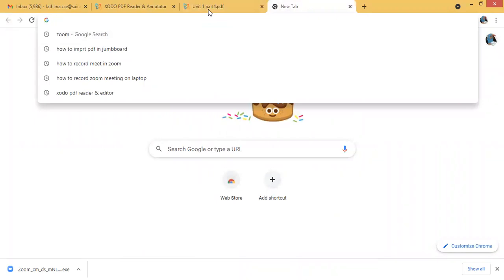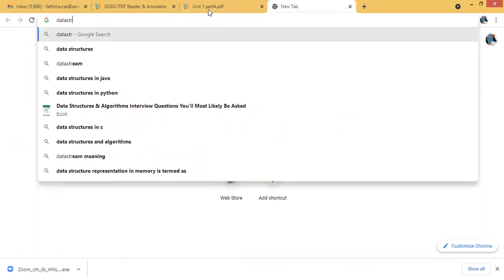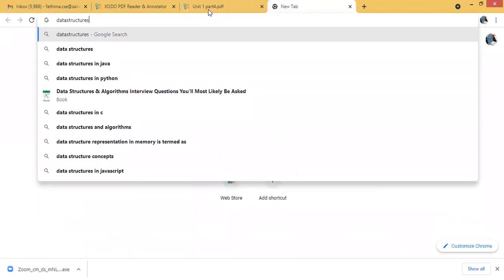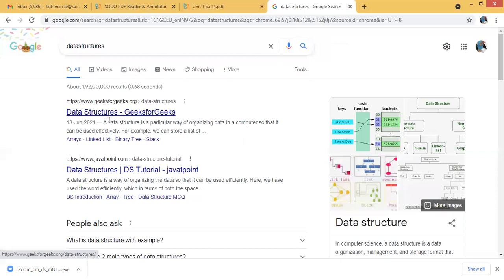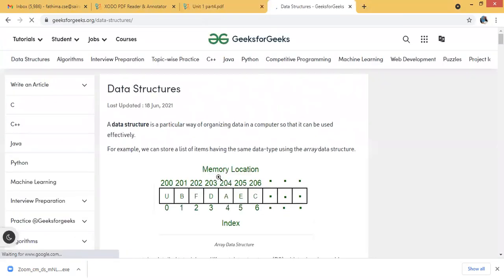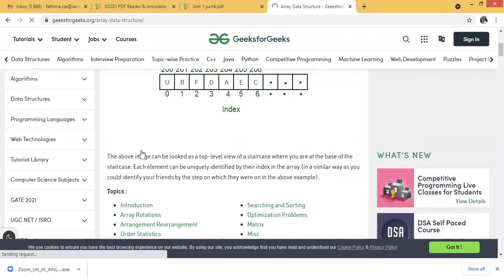If you want to know a real time application of stack, whatever you insert at the last will come out first, right? For example, if I am searching related to data structure concepts and I have a link like this, in this I click the array concept, then array notation.